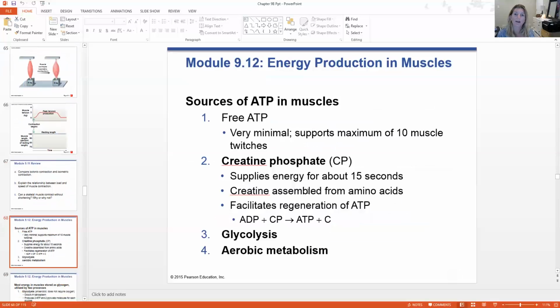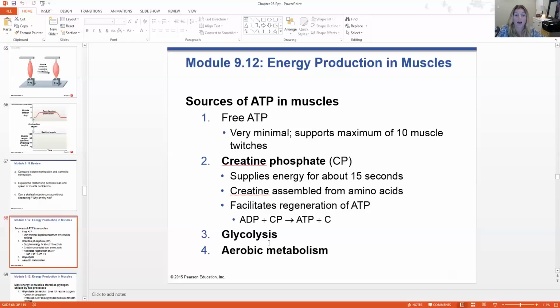Moving right along, let's talk about how energy is produced in muscles. There are a few sources of energy in muscles. One is free ATP. This is very minimal, small twitches, etc. are supported by free ATP. Creatine phosphate is one of the first energy sources in our muscle cells. It's usually abbreviated CP. The creatine is assembled from amino acids, so it's a protein-based compound. It's basically going to facilitate the regeneration of ATP. By doing that, creatine phosphate is basically donating the inorganic phosphate from it to the ADP molecule, creating ATP plus